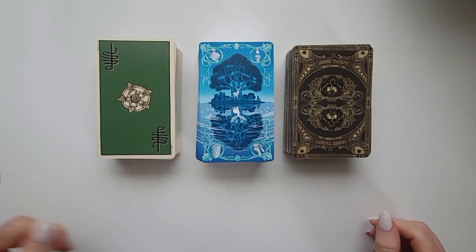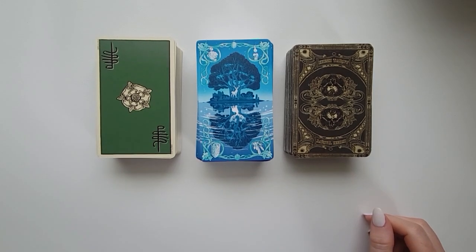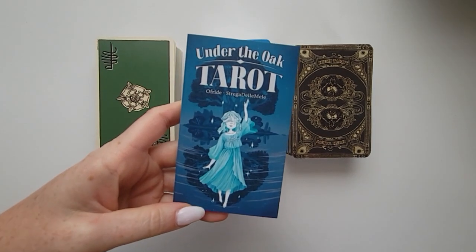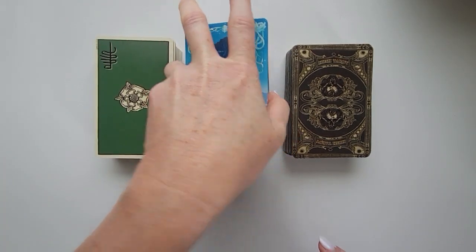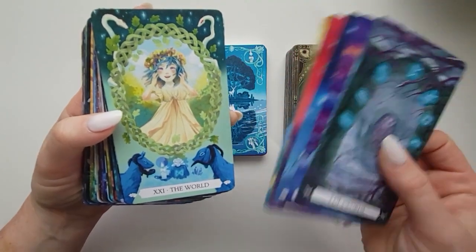So, there we go. This deck is new. It's the Under the Oak Tarot. Okay? And this one, I'm going to cut it. 7 of Swords. Oop, the World. That actually...